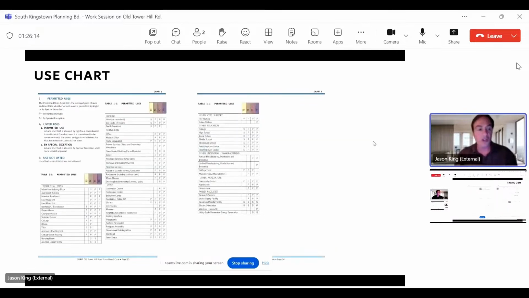Let's see. This is the use chart. Right now, everybody has a very, very long use chart. But like I said, the form-based code is a lot less concerned with use. This actually is another boon to developers. This is another thing you give them because you're asking for other stuff. There's a lot of different uses that would be allowed. The main ones are these residential permitted uses. You're allowing these new residences, but they have to be of a certain type. It can't just be apartments and parking lots.